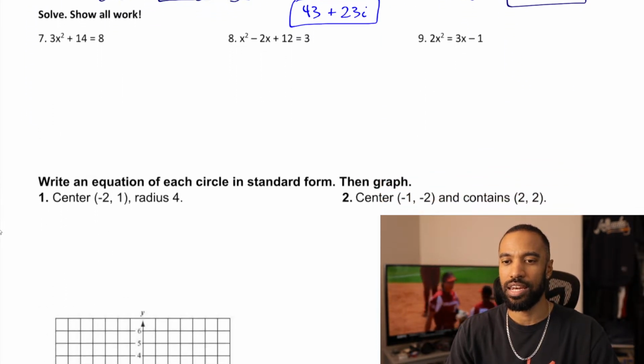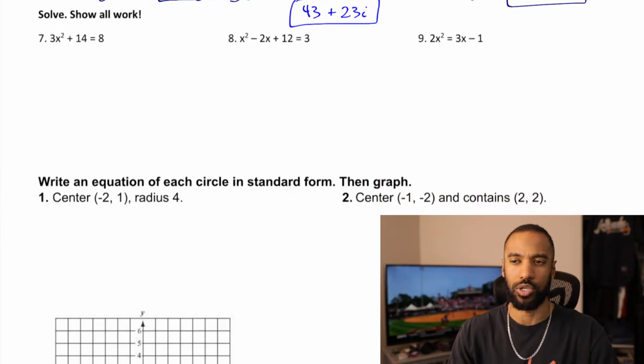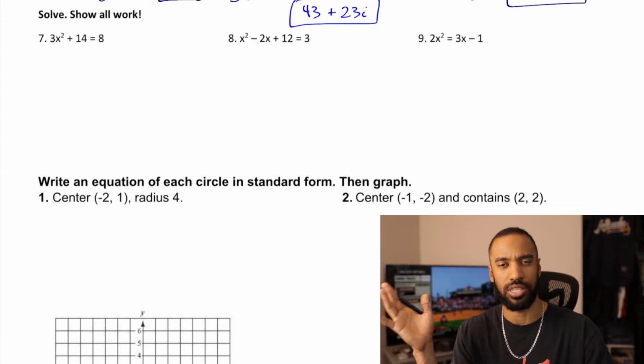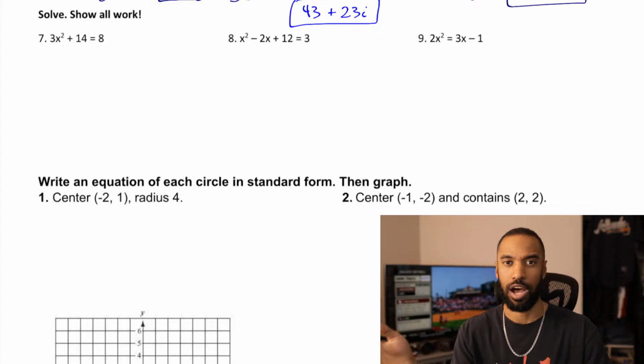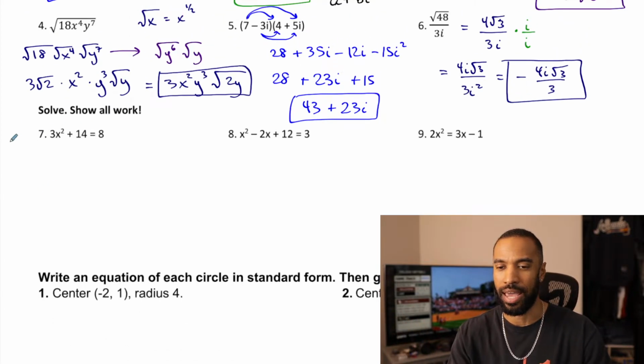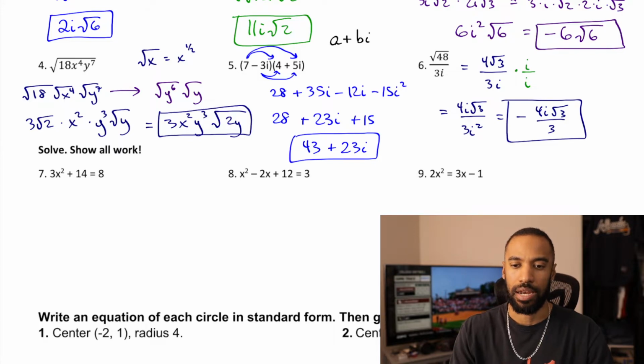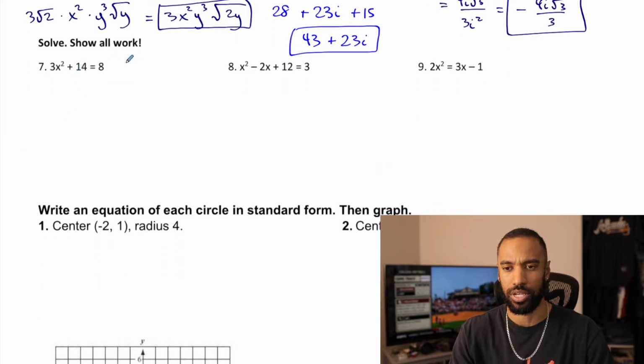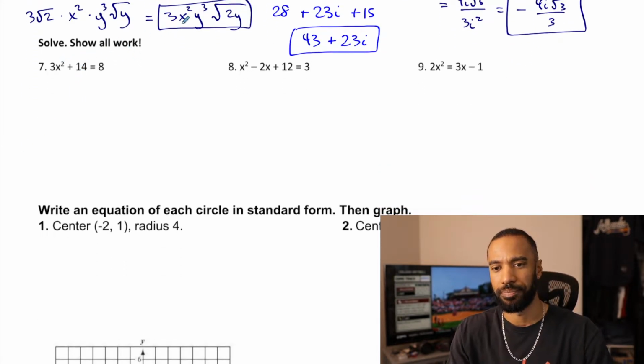Okay, number 7, 8, and 9, solve and show all work. These are quadratic equations, and they, by and large, in this situation, may have complex solutions, meaning things with a plus or minus bi kind of form right here. They may not be factorable, and this one doesn't look as such. But what I do have here is